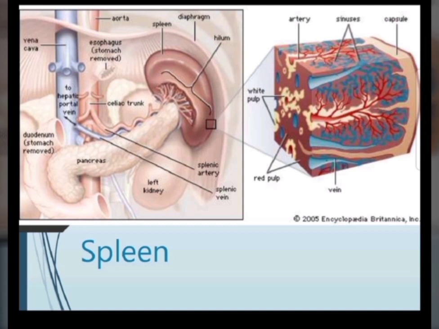My dear students, today's topic is the spleen. The spleen is one of the largest lymphoid organs. Rather, it is known as the hemolymph organ because one of the functions of the spleen is to filter the blood. It also produces lymphocytes, but the main function is that it is the graveyard of the intruders.